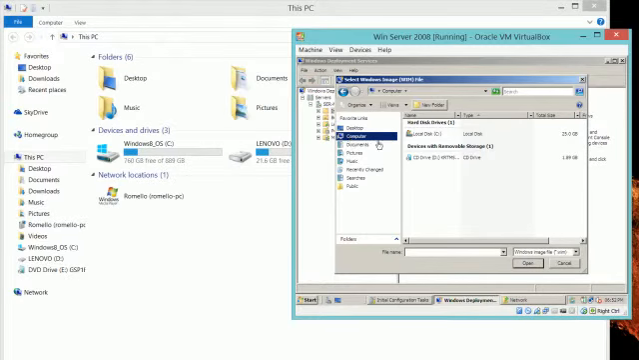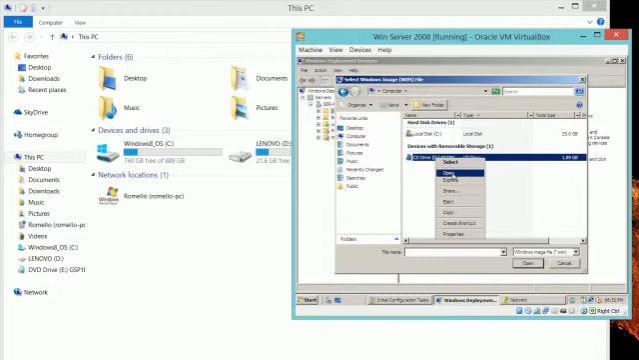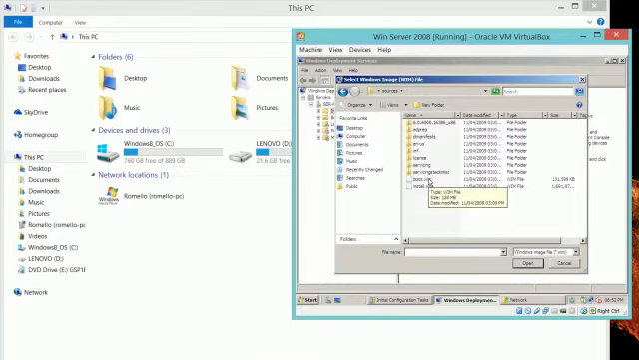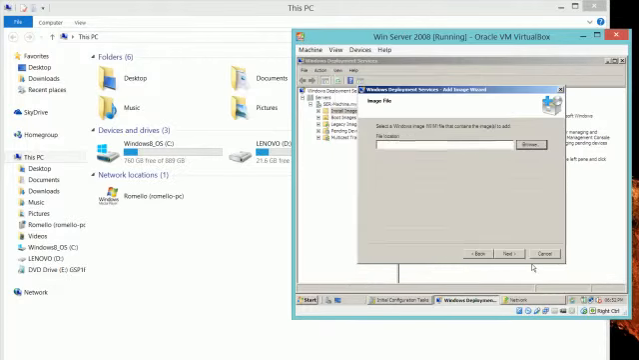You go to My Computer where the CD, the ISO, is mounted. Go into source, and you're looking for the install WIM file, install WIM. You select it and you click open, click next,